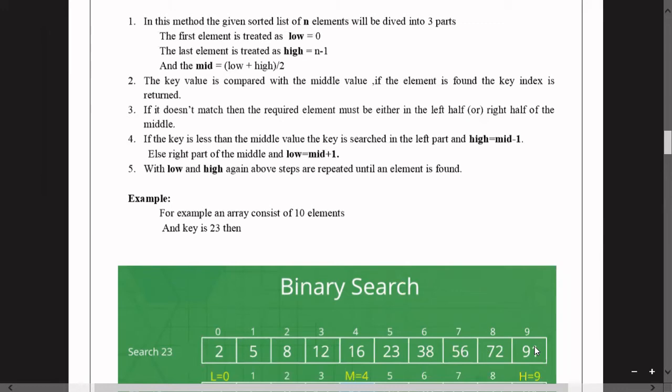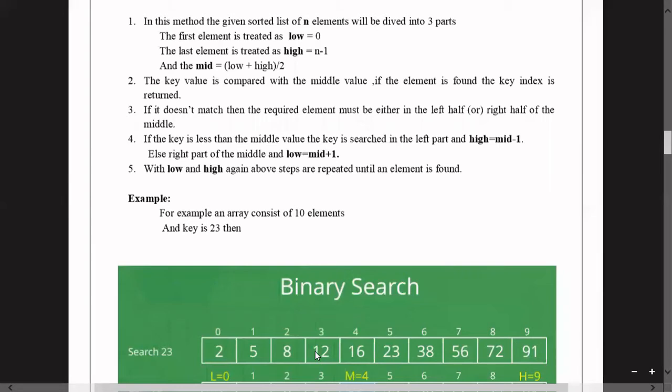These are the array of elements, and the array indexes are AR of 0, 1, 2, 3, 4 up to 9. So these are the array indexes and these are the array elements. Totally we have 10 elements here. All are in ascending order, already sorted.